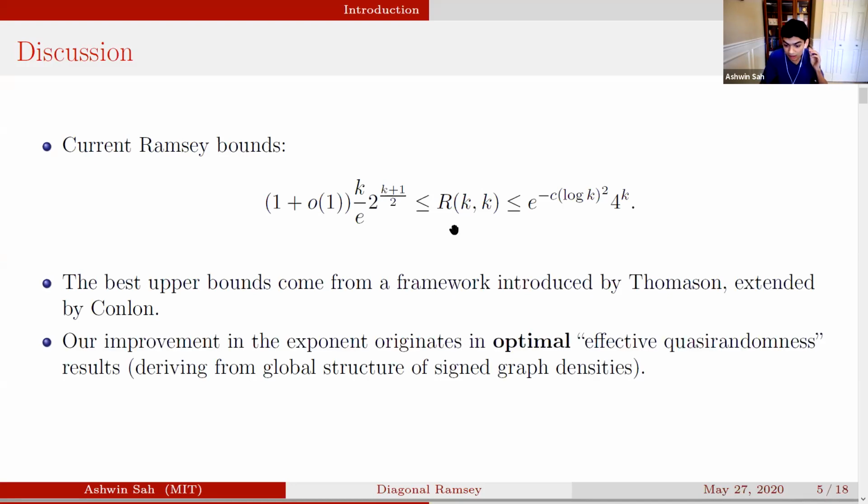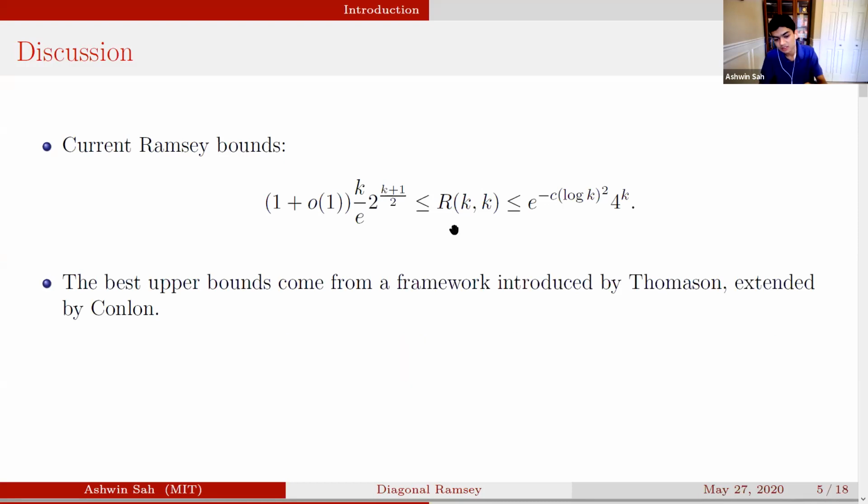And just to comment on this lower bound, if you sample from G(n, 1/2), the famous argument of Erdős using the probabilistic method, you get this lower bound, but divided by a factor of 2. And this improvement of a factor of 2 over that union bound is due to the Lovász local lemma. So we won't talk much else about this lower bound or about other Ramsey problems and Ramsey variants, such as the regime where L is fixed, for example. We'll focus on the regime where k and L are roughly the same size.